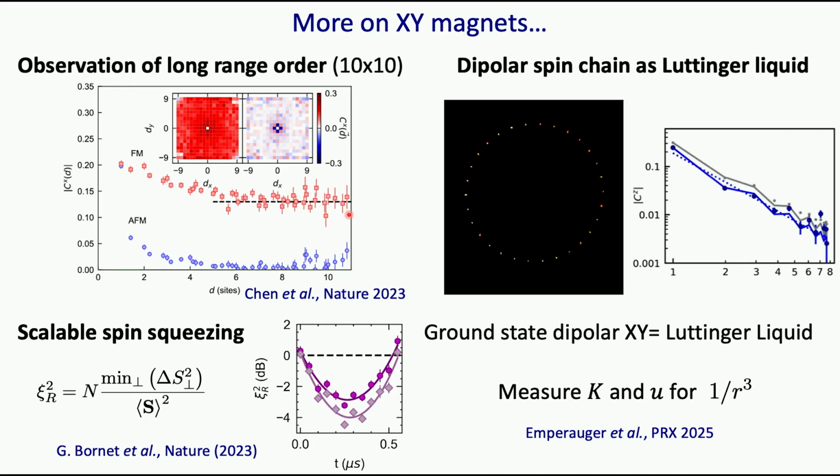And finally, another thing that we've done related to that: you can actually show that if you do the experiment in 1D, so this is a ring, a 1D chain with periodic boundary conditions, you can map this system onto what is called a Luttinger liquid. And we've been able to observe the algebraic decay of the correlation length in this system. That was also the first time that an algebraic decay was observed in any 1D system. And with that, we could also measure the properties of the ground state and assess how precisely this system is indeed a Luttinger liquid.